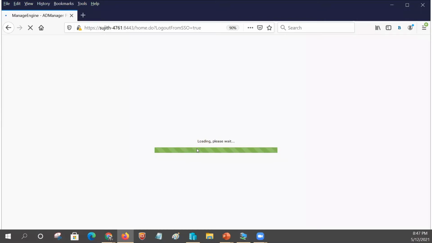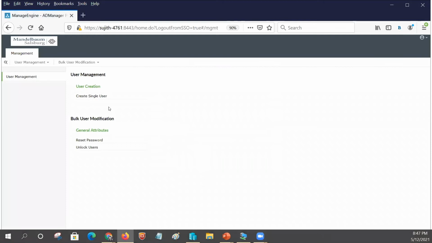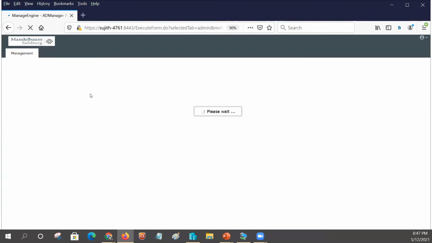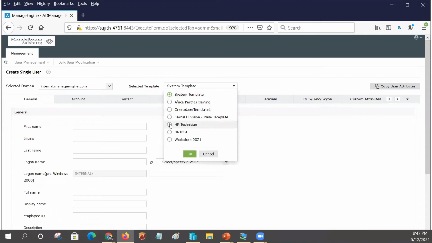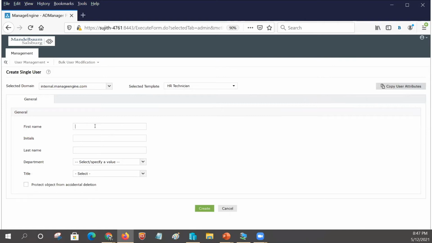Okay. Now, based on the role that we created, all that the technician could do is create a single user, reset password, and unlock account. Apart from these three, the technician cannot make any changes. Okay, so in our case, let's try to click on create single user. Let me try to pick up a template here, HR technician, and let's try to